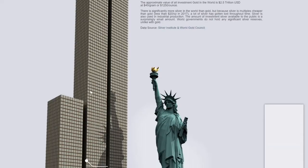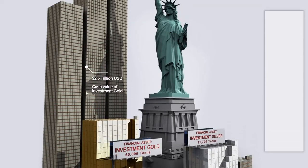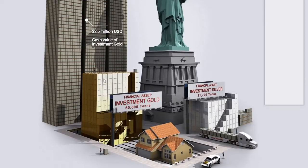And so this is why, and people point to this when you look at that. Here's the cash value of investment gold, $2.5 trillion. And now that's well over 3 trillion, if not more than that now, considering that they've mined more gold since then. And then you look at it compared to the Statue of Liberty. Look at these blocks of investment gold, 60,000 tons, compared to all the gold in the world, which is substantially more,